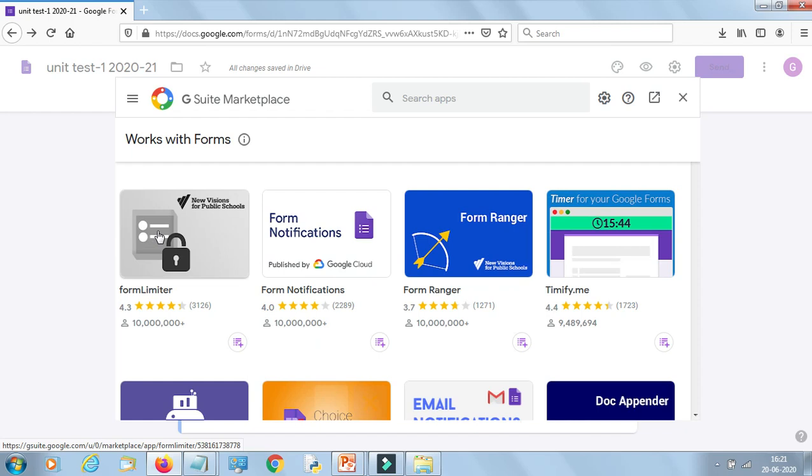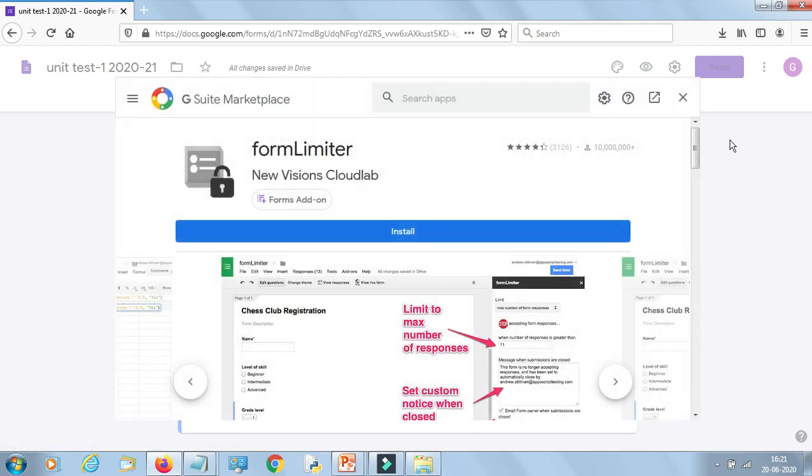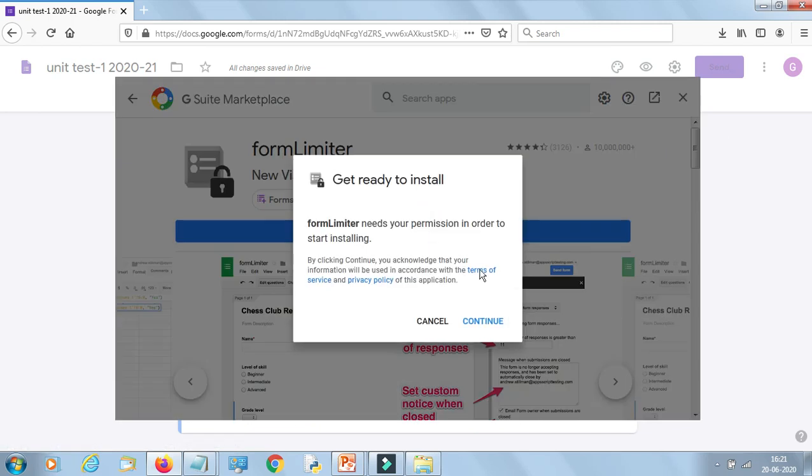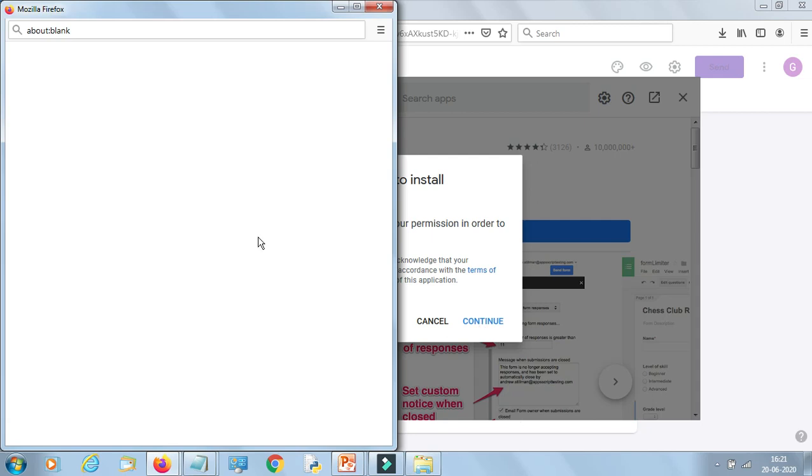The only thing you must take care of is that you have to copy the link 5 minutes before the test commences. Clear? That is the precaution you must take care of. तब हम आगे बढ़ते हैं, इसे इंस्टॉल करते हैं. Click here. Install this application so that you can set the closing date and time.